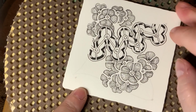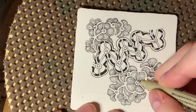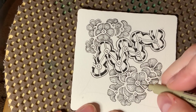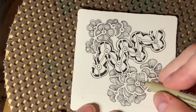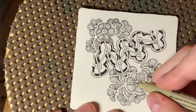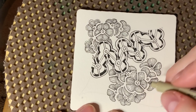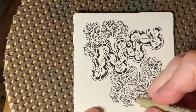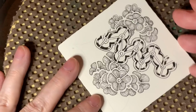But then when I shade, I'm going to shade right around in here, especially if I've got these radiating lines. Remember, anywhere lines converge, that's a natural shading place. So as these lines are coming together right in this area, that's where I'm going to want to put some graphite. And the same with the rest of these. You don't put it on this side, you just put it on this side. And now here,